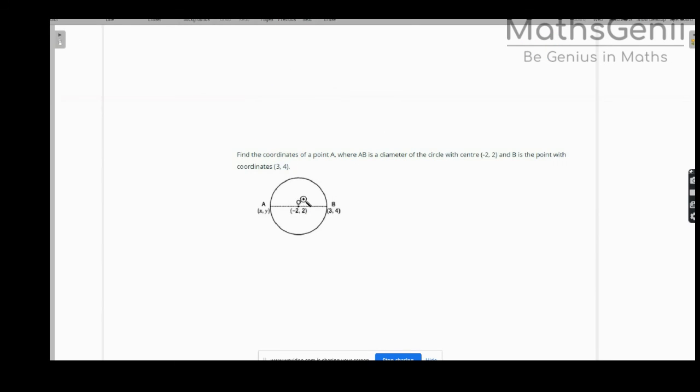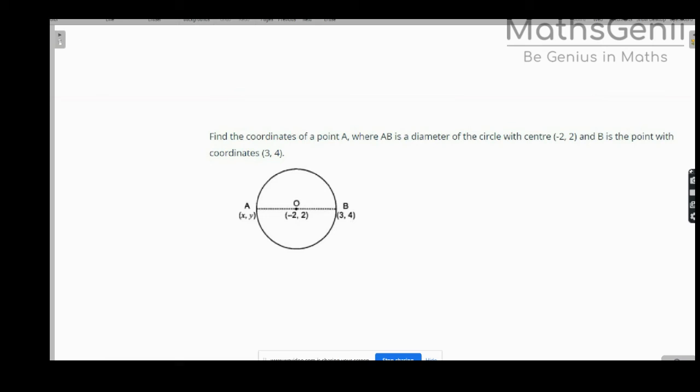Again, a similar question which I am not solving, as I had told you earlier. We have solved this question before too, but as promised, I'll give you the answer so that you can cross-check. The answer here is xy value minus 7, 0. Do check it and let me know in the comment section if you're getting the same answer.